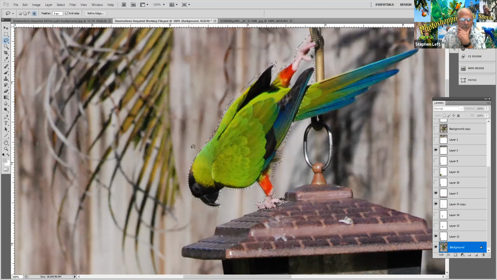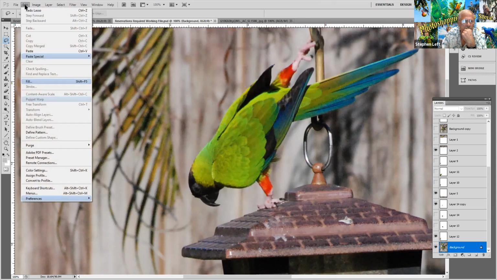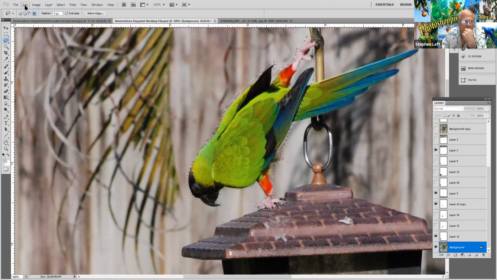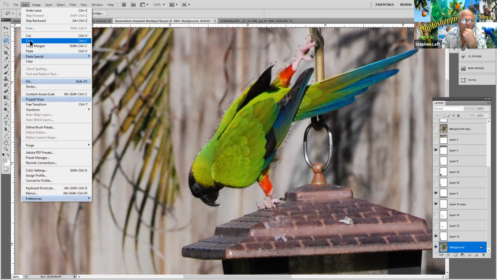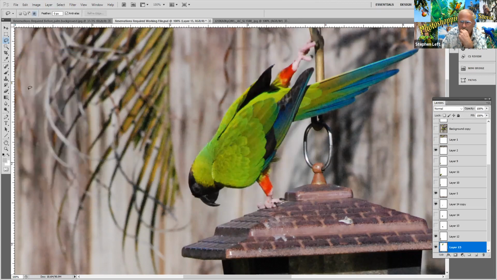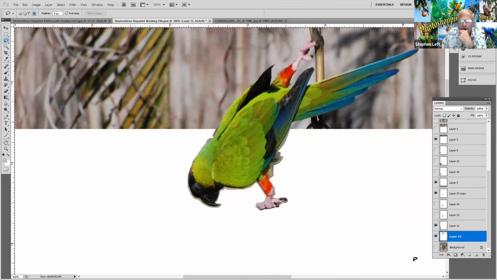Okay, he's completely surrounded. What I would do is go Edit, Select, Edit, redo lasso, Edit, Copy, Edit, Paste. So now I've got a bird all by his lonesome. And then what I would go in and erase